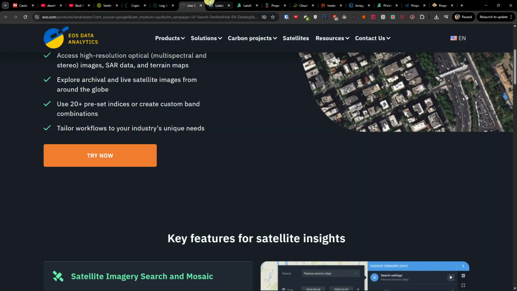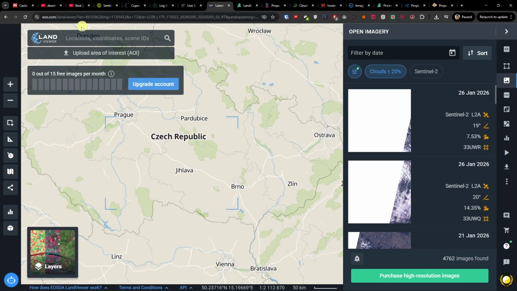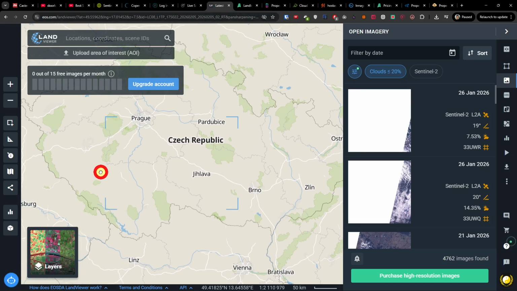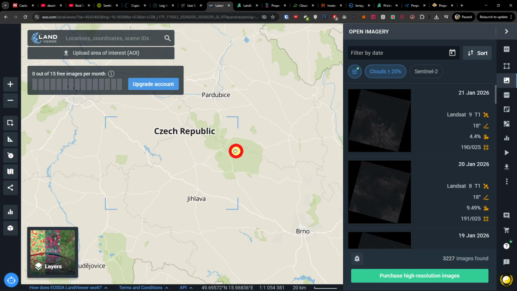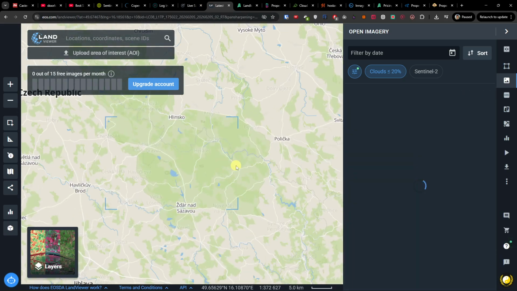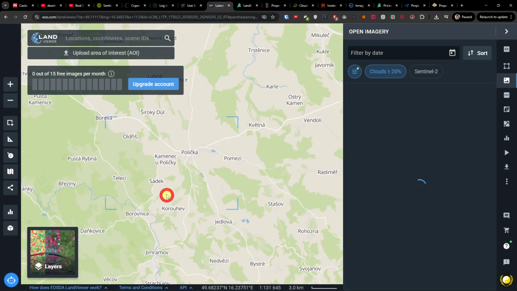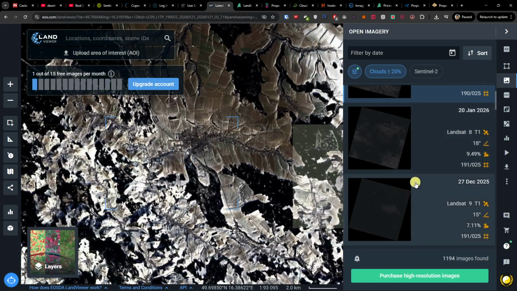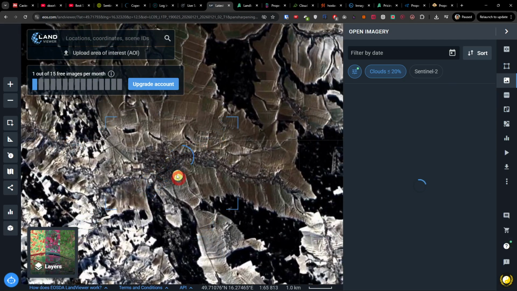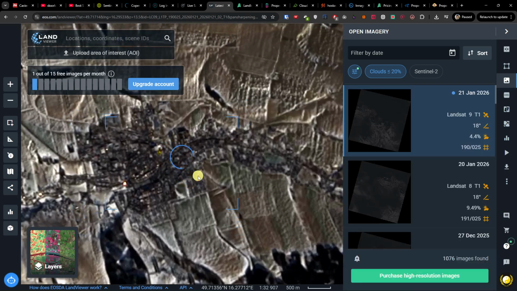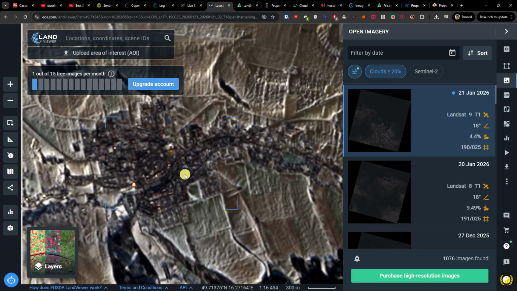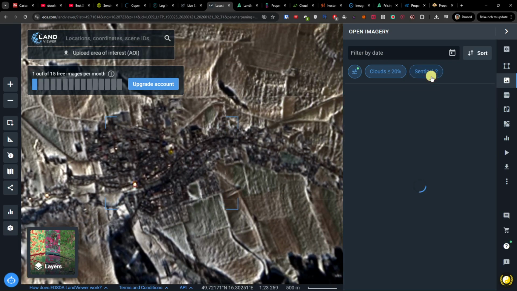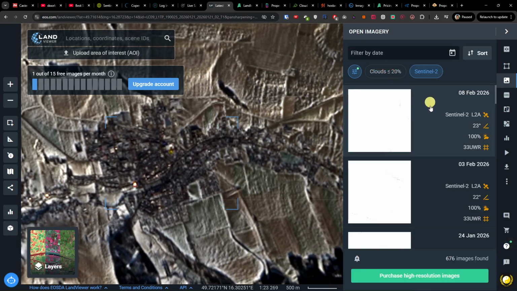So the first one that I actually like to use is called EOS.com. When you go to EOS.com, right now for example in Czech Republic, I can zoom in here, and you're going to have the clouds here and you can have the layers. So I can click here on the clouds and you see right here the images, right? And then you're going to have for example the Sentinel-2, and then you're going to have the pictures. So for example, let's go with this one,